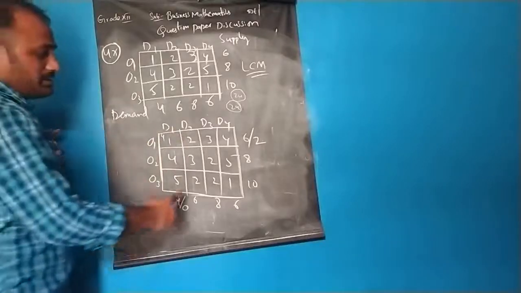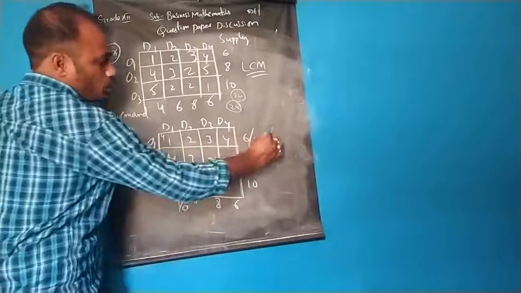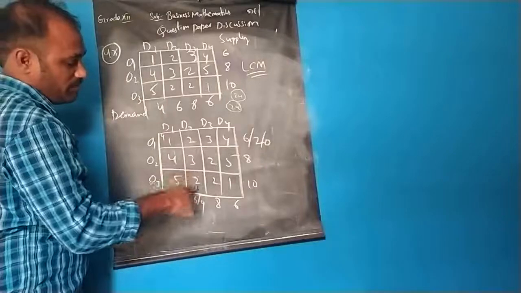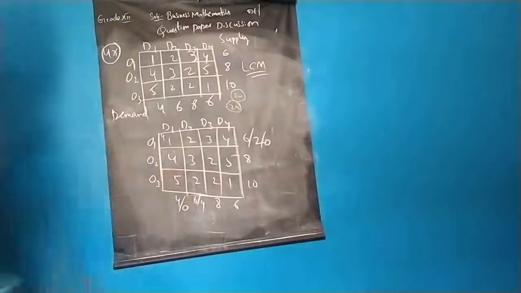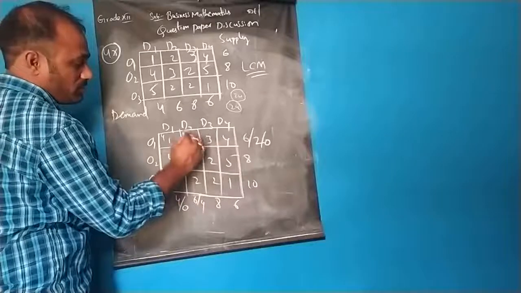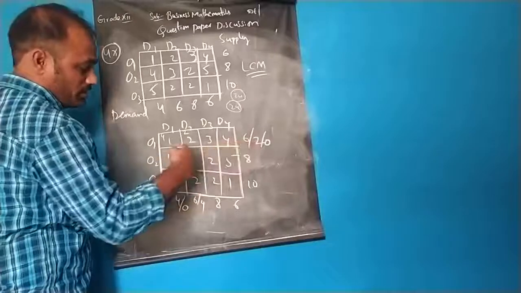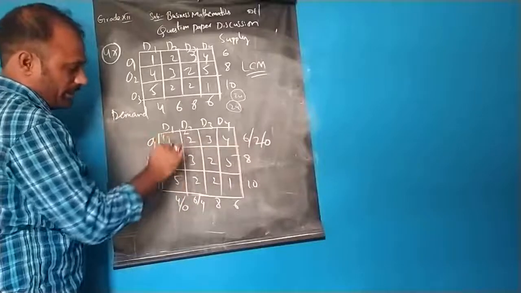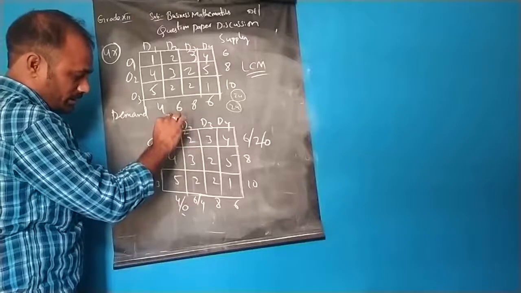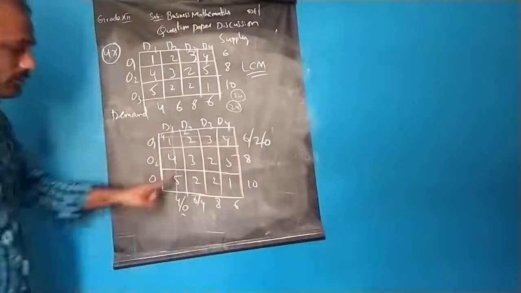Okay. Next, among these two, 2 and 6, what is the minimum value here? 2. 2 minus 2 is 0 and 6 minus 2 is 4. In this, two minimum values are there here. Since we got 0 here, we have to concentrate on here. The minimum here, since we have subtracted 2 here. And next, since I got 0 here, this is deleted already. Why? Because here we got 0, right? So this total column is deleted. I am marking it here as deleted. And this total row is deleted. Now we are left with only these things.